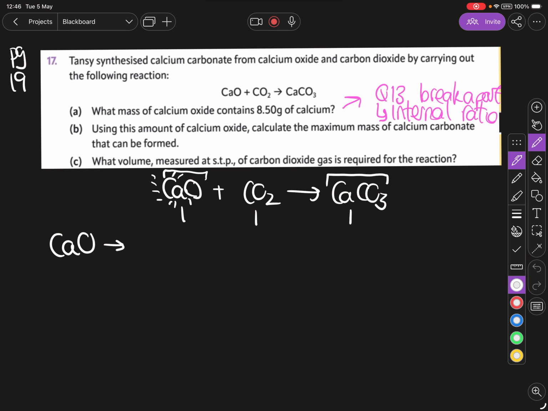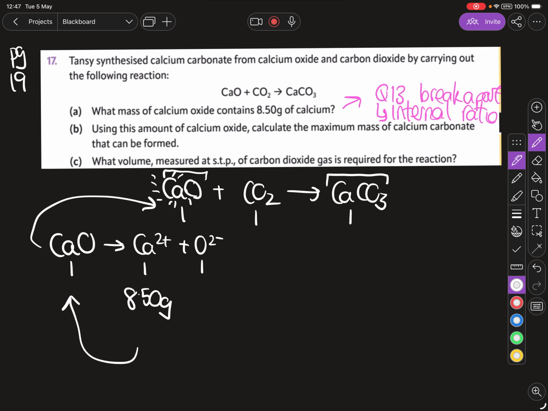for calcium oxide. So when I split calcium oxide apart, I'm going to get a calcium and an oxygen ion. So my ratio is 1 is to 1 is to 1. This is the piece of information that I have, 8.50 grams. So if I can turn that into moles, then whatever the answer to this is, I can transfer it to here, which means I can transfer it to here, and I can rewrite the moles for the rest of the equation. So